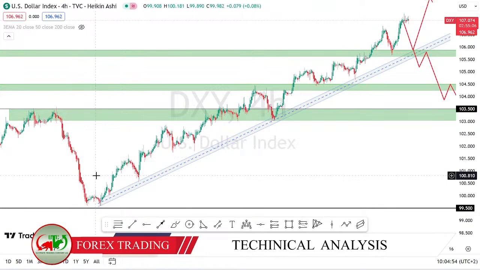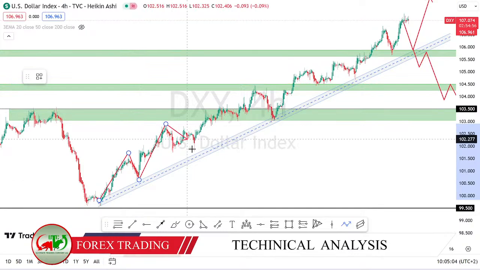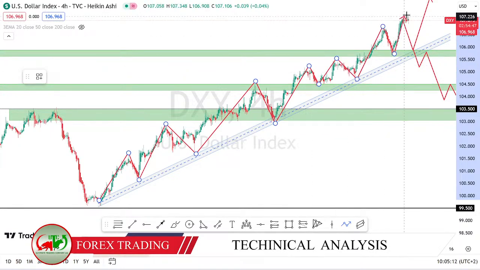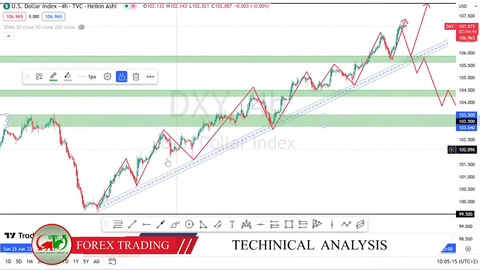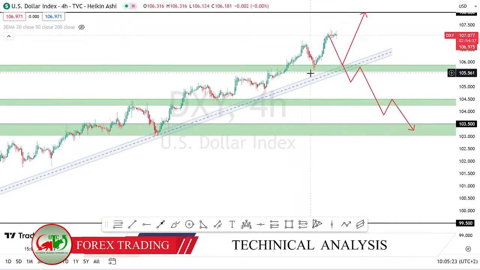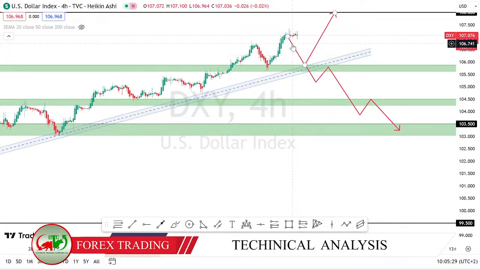You could see that since mid-July this year, the dollar index was strongly bullish. You could see how it is making continuous higher highs and higher lows, which means that we should have been looking for buy opportunities in the dollar index. It is a clear uptrend on the 4-hour time frame, and currently you see that the market has made this move over there. So it is very expensive to buy from that move already.